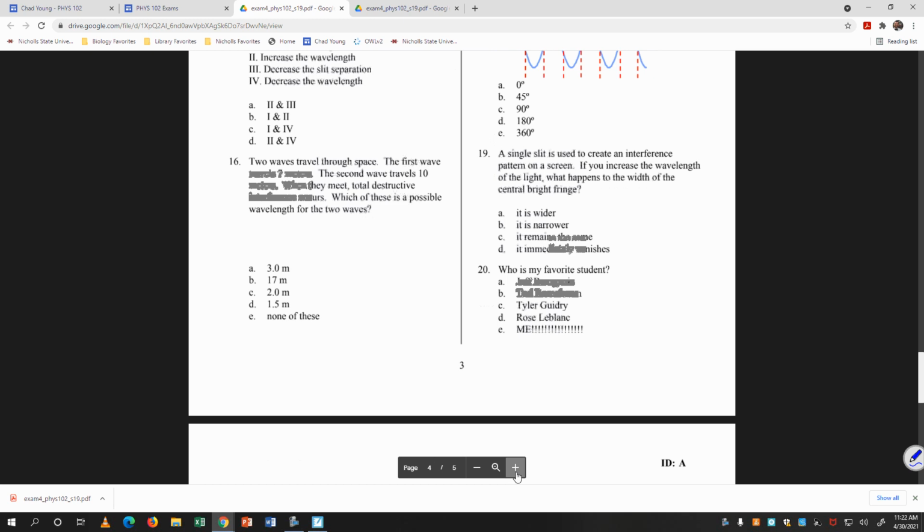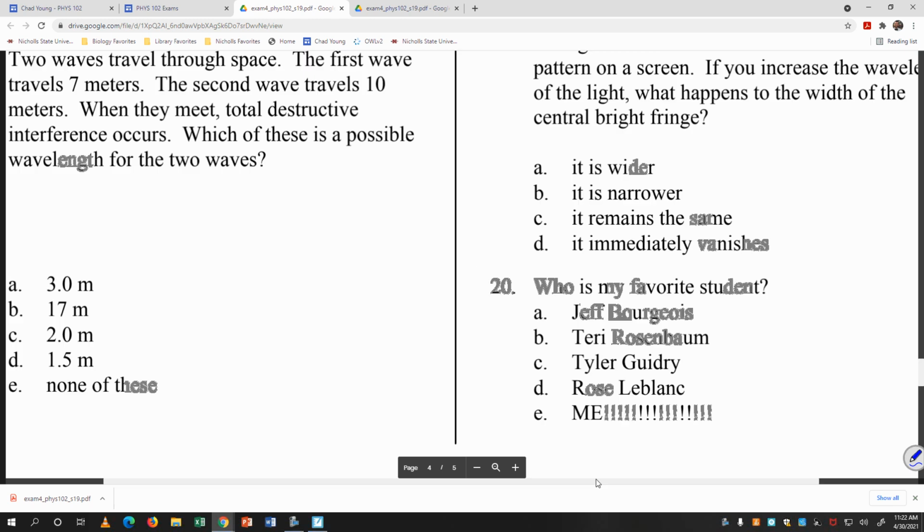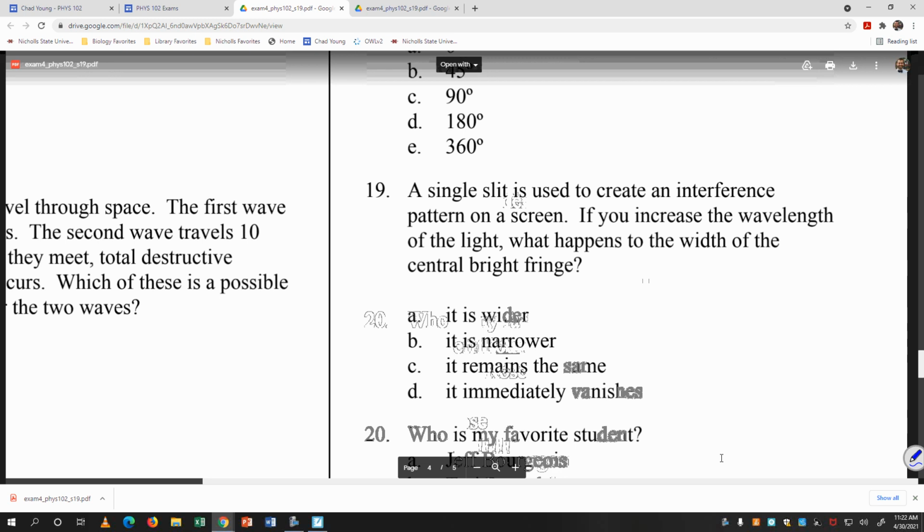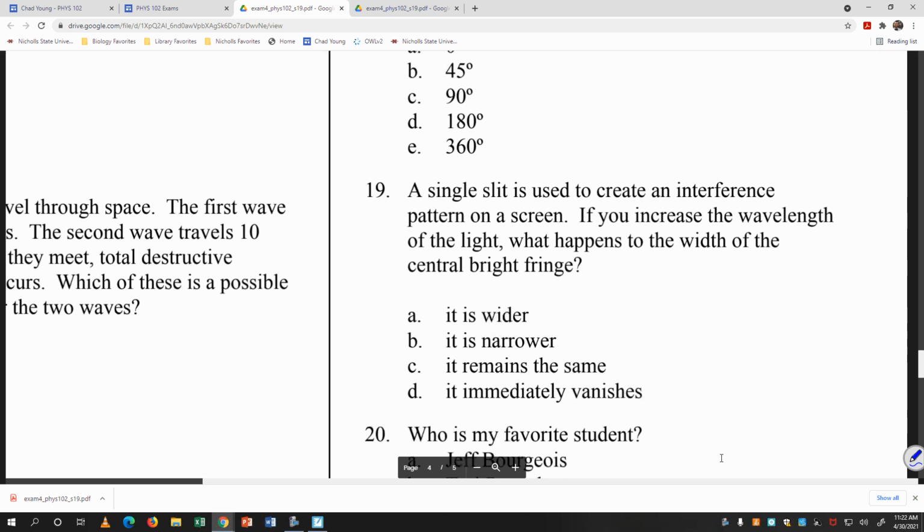While we're here, we'll go ahead and do this. Questions that ask if a single slit is used to create an interference pattern on a screen, if you increase the wavelength of the light, what happens to the width of the central bright fringe? On these, you want to look at the equation. So for a single slit, a sine theta equals m lambda. And I'm asking, if I increase the wavelength, if this goes up, I want to know what happens to this,